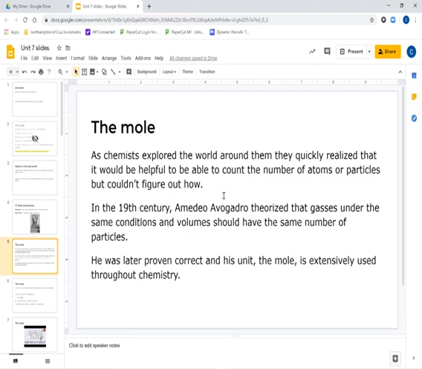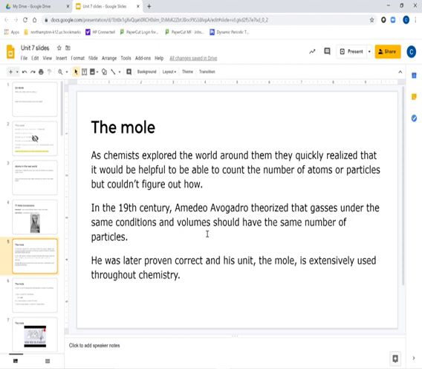This scientist, Emilio Avogadro, theorized that under the same pressure, temperature and volume of any gases, let's say you kept them in two identical jars, a jar of oxygen gas and a jar of hydrogen gas, as long as those jars were the same volume, say a liter, both at 27 degrees, and both at 1 atmosphere of pressure,